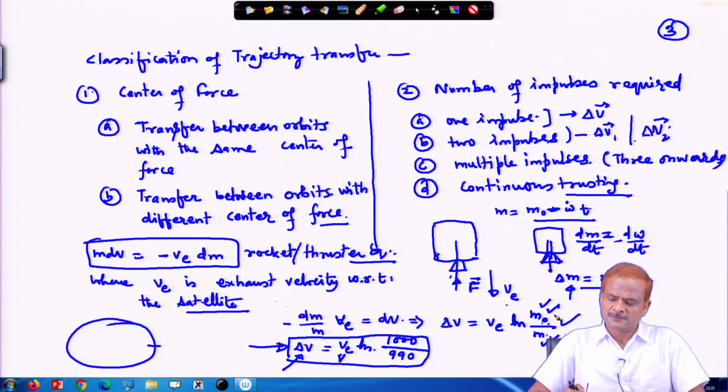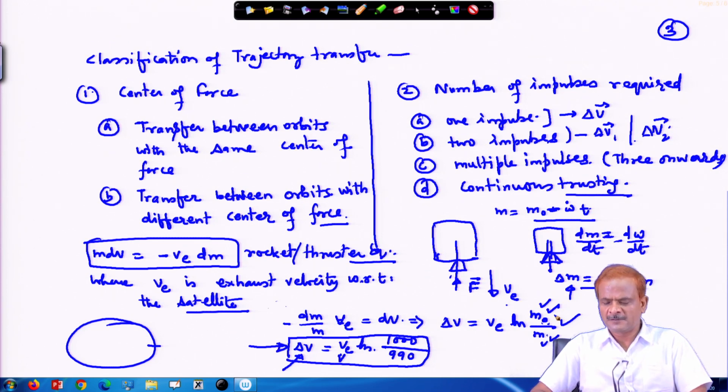So, this whole process therefore needs to be properly planned and coded on a computer, and once this has been done, then finally after the launch, once it is injected in the orbit, you will see that it almost follows whatever you have planned, because in space most of the things are already defined. What will be the effect of the planets or the earth or the sun or the moon, all those things are known. So, over a period of time, how much your orbit will deviate, you will be knowing, and once you know that, everything can be worked out.